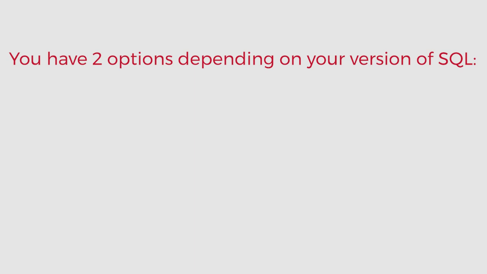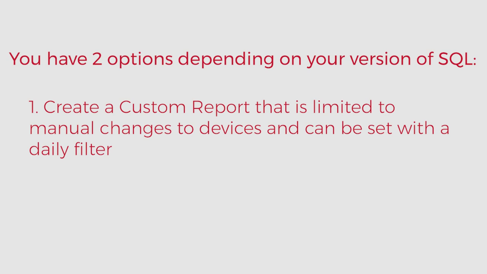So you would have essentially two options depending on your version of SQL. The first one is obviously a custom report that can be created that is limited to manual changes to devices, and those would be the only thing that would show up in the report with daily filters. So if they want it last day, last 3 days, it would just be filtered to what they want. And that would utilize OnGuard schedule, creating a scheduled action to have it run and email the report as part